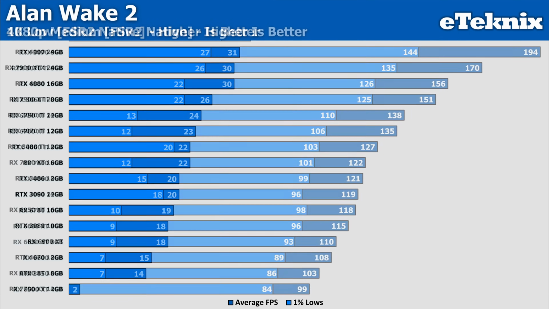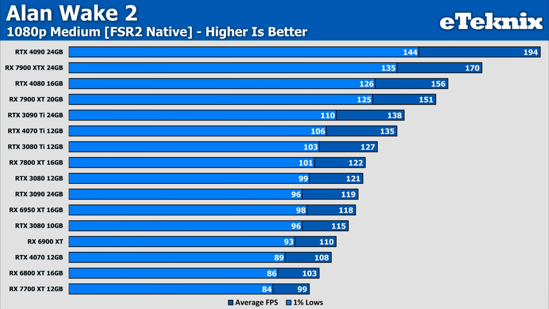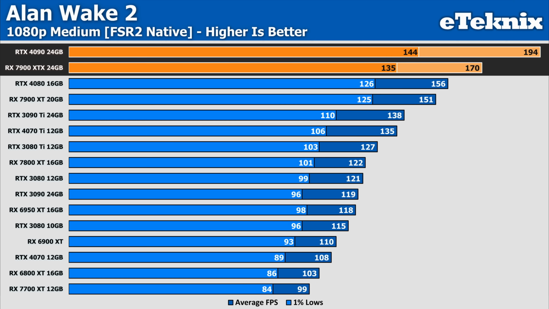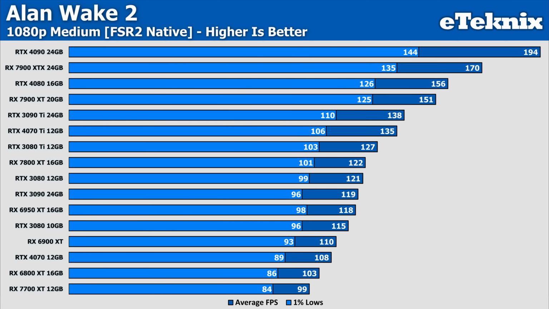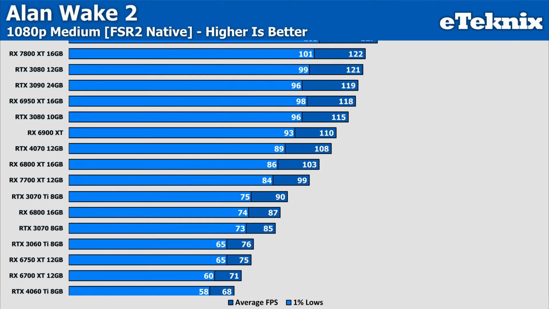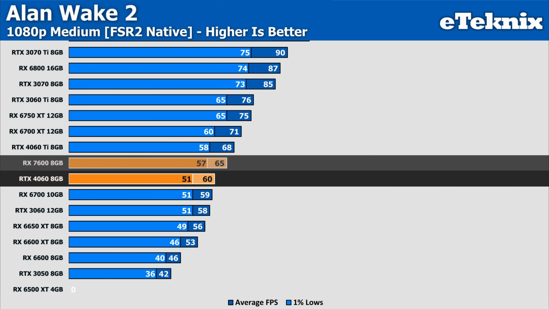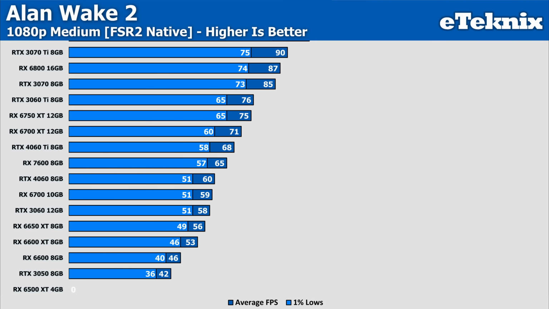At 1080p on the medium preset, we are still CPU limited at the lower resolution, and while performance does drop for some cards, the order remains somewhat unchanged. The RTX 4090 still leads the way over the 7900 XTX, while performance is strong across the board when looking at mid to top tier cards from Nvidia and AMD's last generation. If wanting to play at 1080p on medium settings, you'll ideally be wanting an RTX 4060, RX 7600 or something higher, even from last generation to really push those playable frame rates,